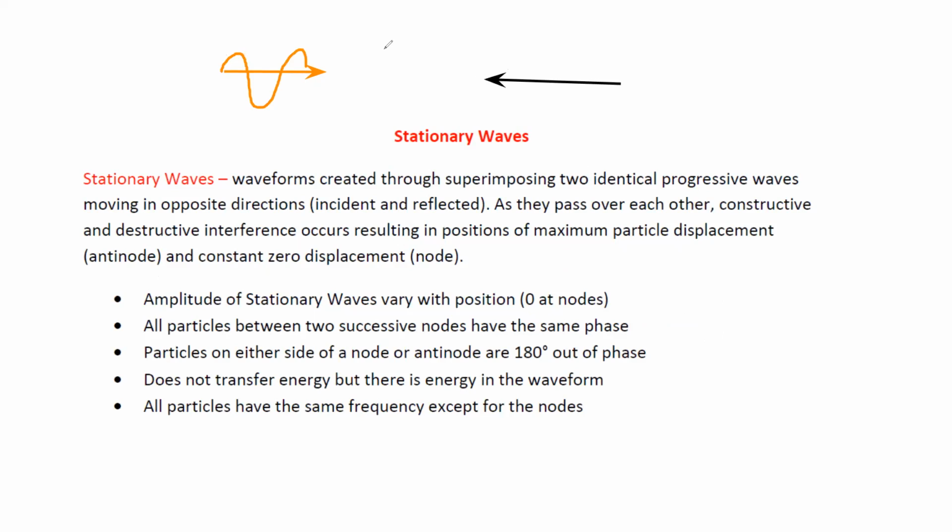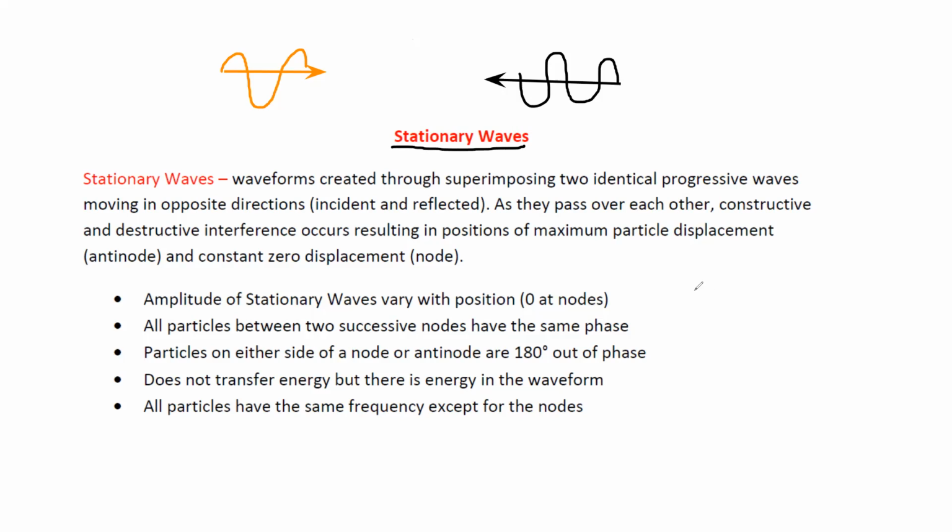When these two waves combine with each other, the combination of two or more waves traveling in opposite directions results in the formation of a standing wave, or we can also say a stationary wave. This stationary wave is formed by superposition of two waves which are traveling in opposite directions,